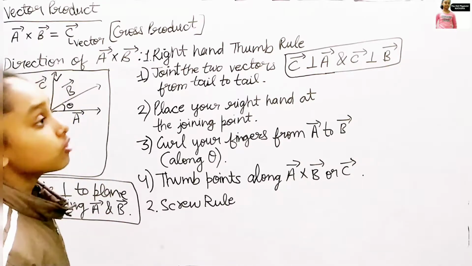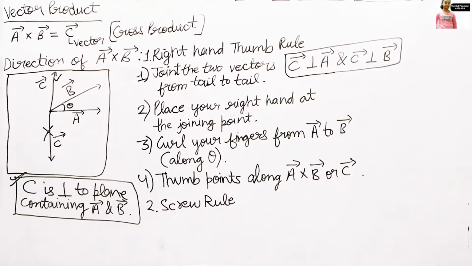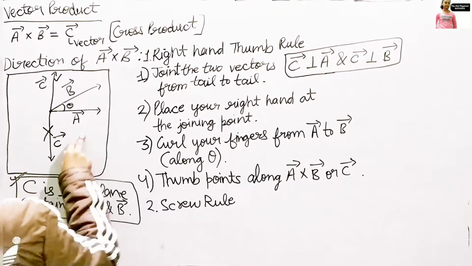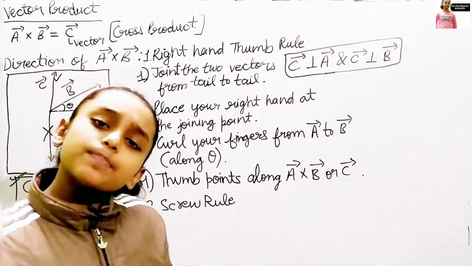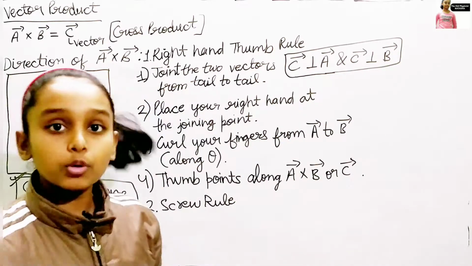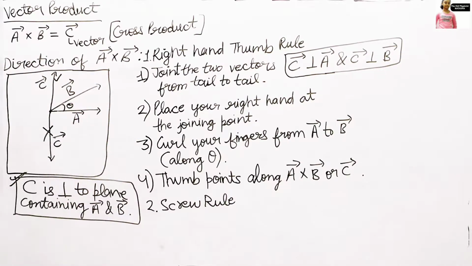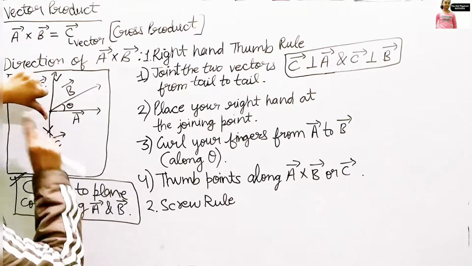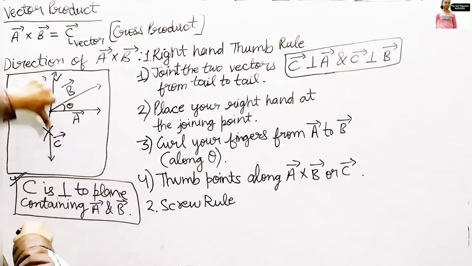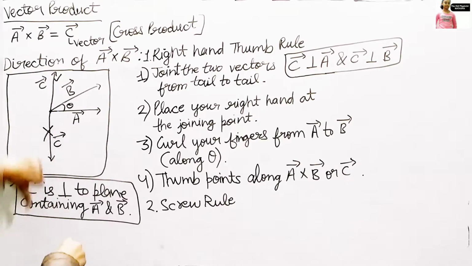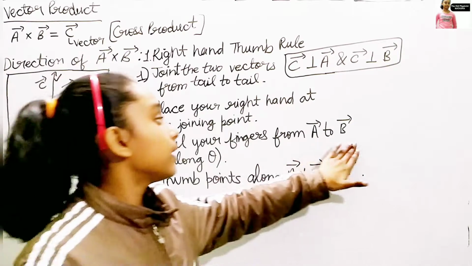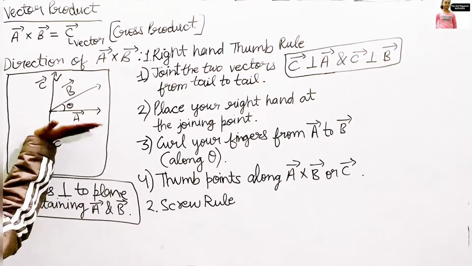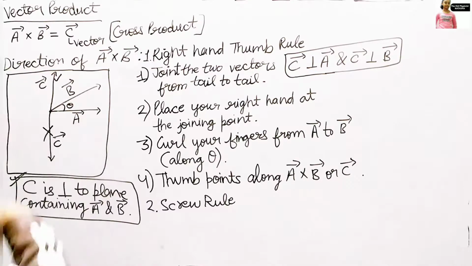Okay, so wait a second. Yeah, so I've shown you. Now it is saying from A to B, and if it was B to A, then what would we do through the right hand thumb rule? Simple, B from A, so it will be like this, and you can see here the curve, but in that condition vector C will be downwards, in south direction. But it is A to B, so that's why it is like this, and it is going in our direction.